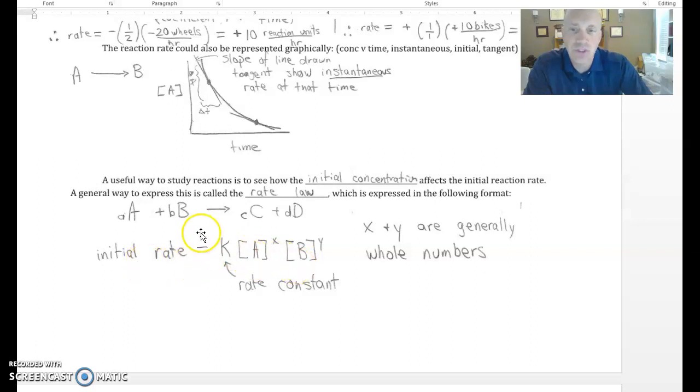So intuitively, we know that the rate of a reaction has something to do with the concentration of the reactants in it. If you have a very high concentration of reactant, there's going to be a lot of those around, and they're going to have a better chance of colliding with other chemicals so that a reaction could occur. So intuitively, we know that the rate of a reaction has something to do with those